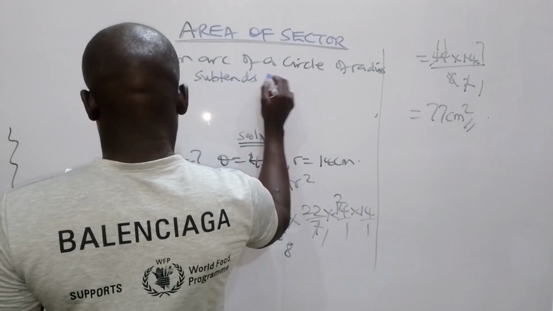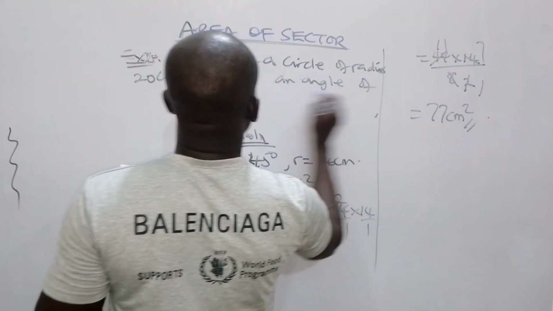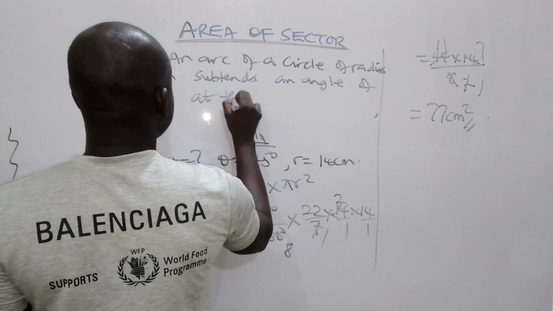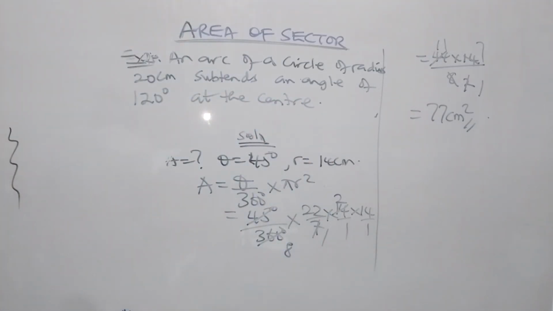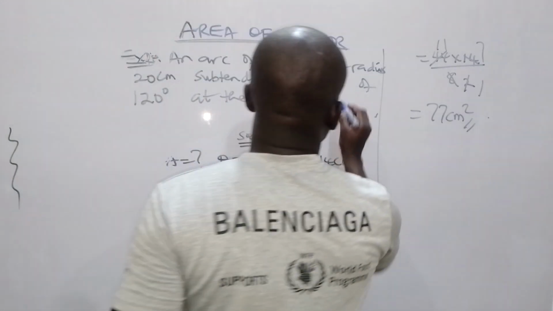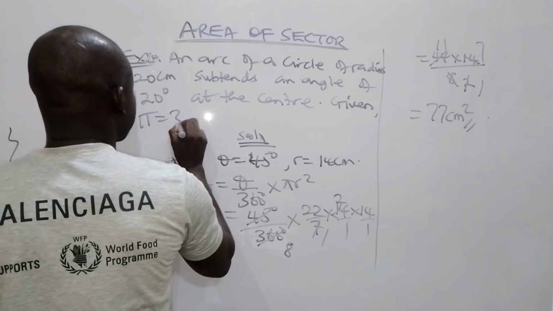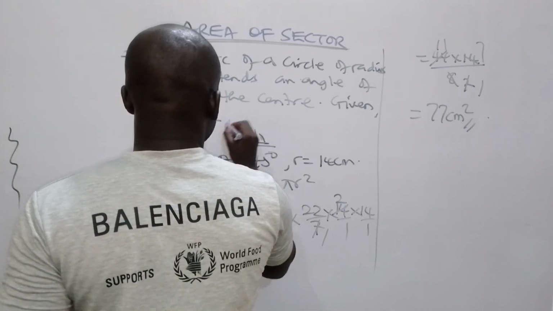which subtends an angle of 120 degrees at the center. The question now says that given pi is equal to 3.142, given pi is equal to this,